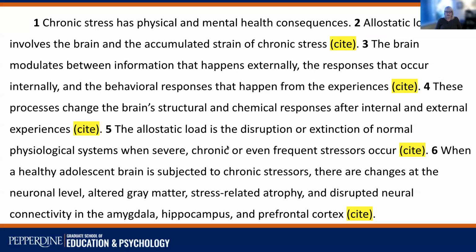And it goes on describing all of these very specific neurological features in stress among adolescents. So that's kind of the general idea of substantiation, is making sure that every sentence that has a claim, a fact, a statistic, or a finding is cited.